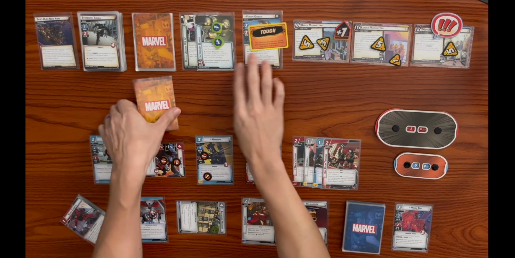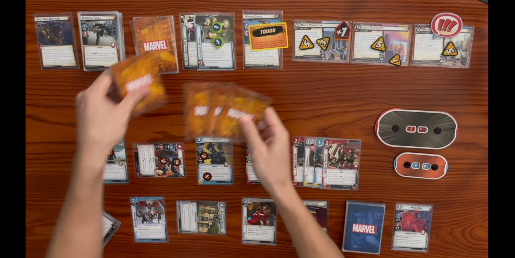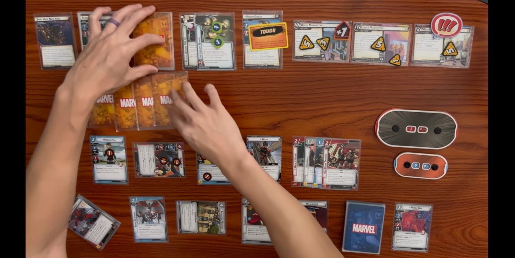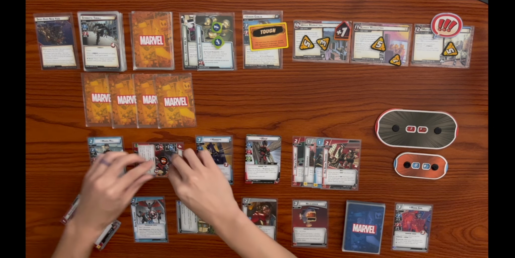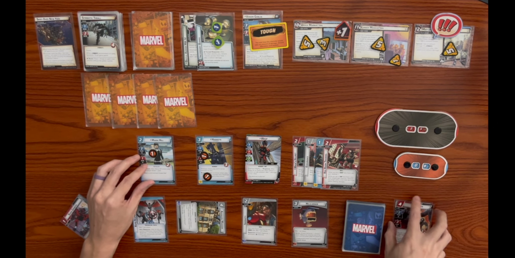And his when revealed is to deal 3 face down encounter cards to each player. So we get 1, 2, 3. So we got 4 face down encounter cards here. But hopefully we can just knock him out and not have to deal with these encounter cards. Okay, so we have 4 encounter cards here. Ant-Man will take consequential damage. He gets knocked out. All right, Maria Hill is going to...